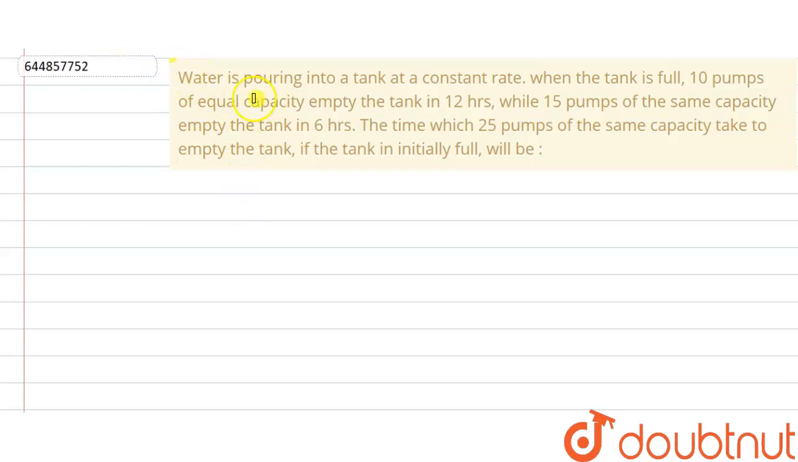Welcome students. The given question is, water is pouring into a tank at a constant rate. When a tank is full, 10 pumps of equal capacity empty the tank in 12 hours, while 15 pumps of the same capacity empty the tank in 6 hours. The time which 25 pumps of the same capacity take to empty the tank if the tank is initially full will be. Let